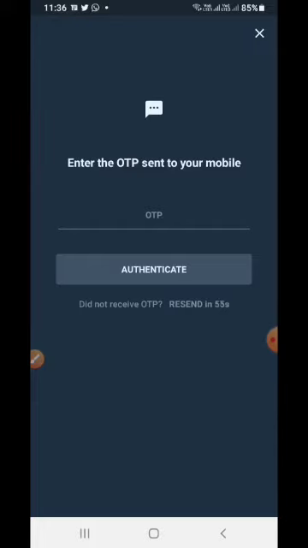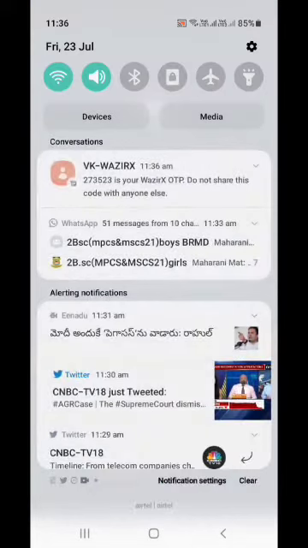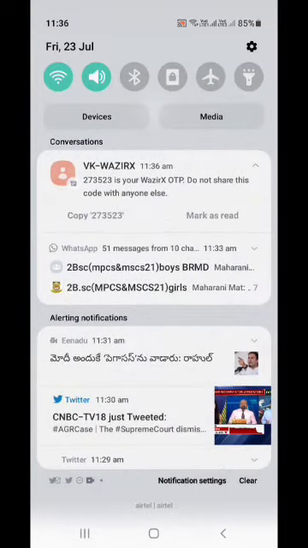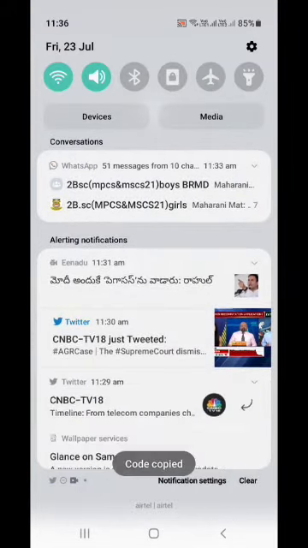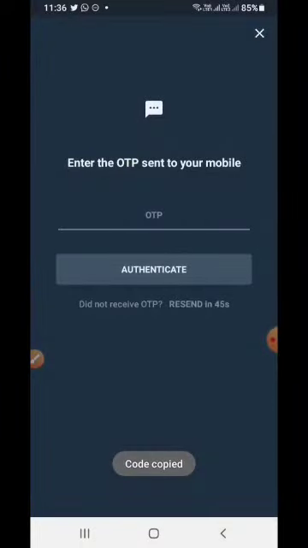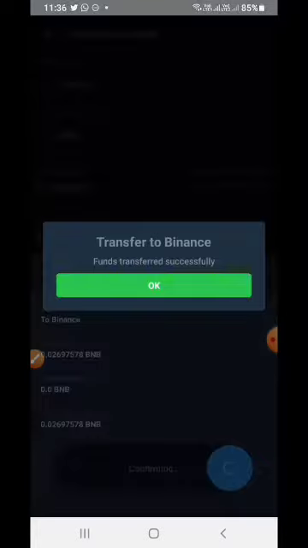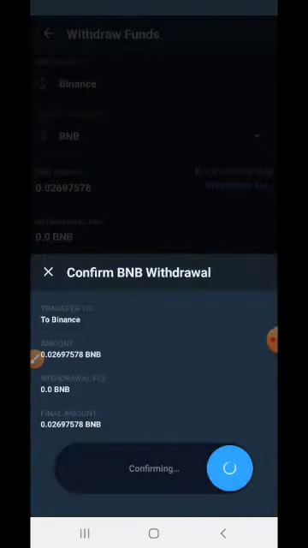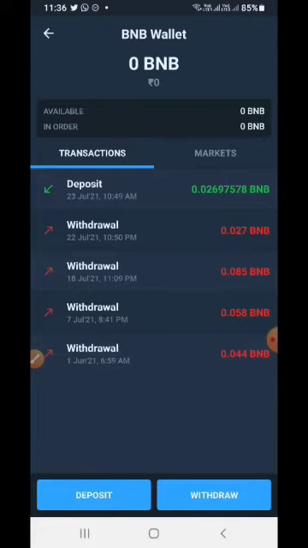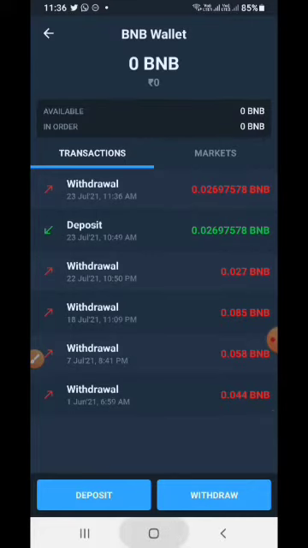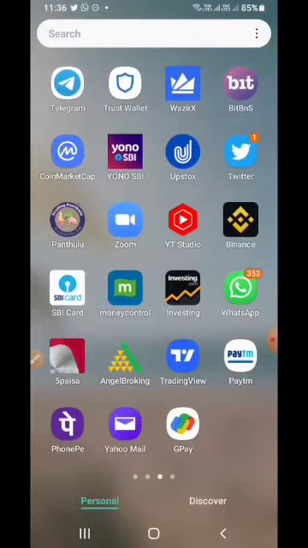You will receive an OTP. Click on authentication. Click on the Binance app.